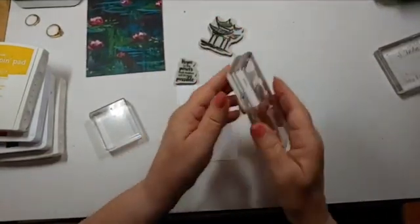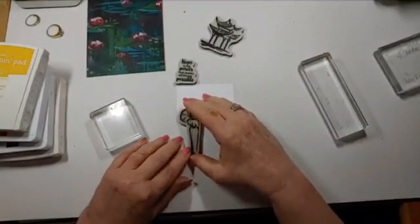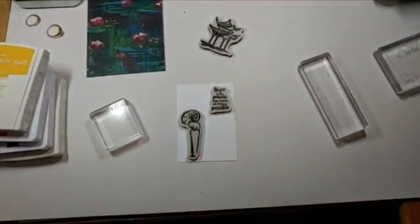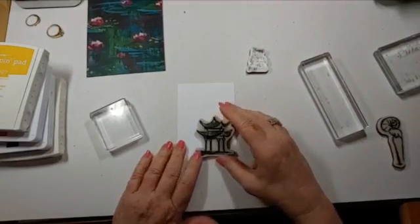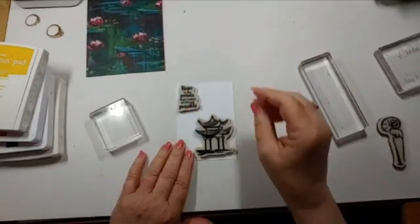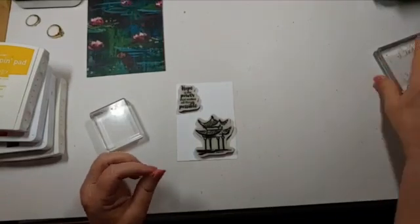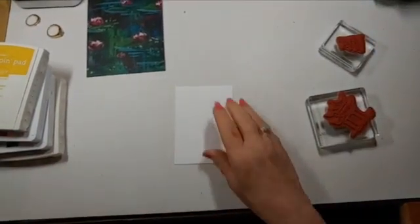Or we can take our geisha. And I think I wanted her over on this side so that she's actually looking that way. And we can put our saying up there. Now both of them are pretty, but I kind of like having the Shinto temple because with this, I just think it makes it a little more balanced. There's not quite as much white space. So we'll save our geisha for another day. And let's get to stamping